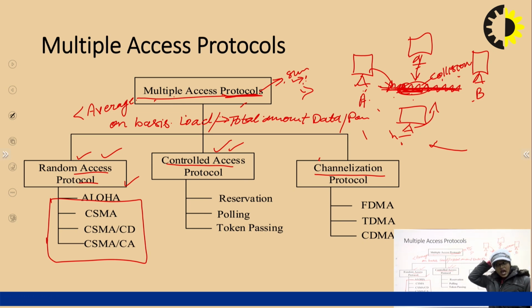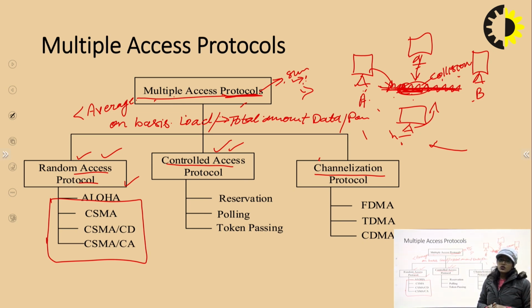If we have a large amount of data to send on the shared medium, with a large number of devices sharing it to send a huge amount of data at one time, then we will use the protocols of channelization,